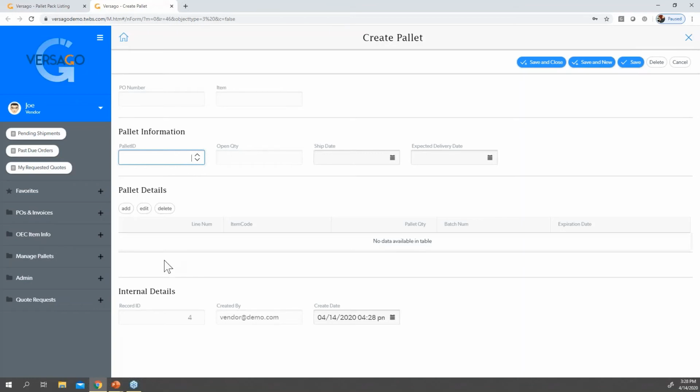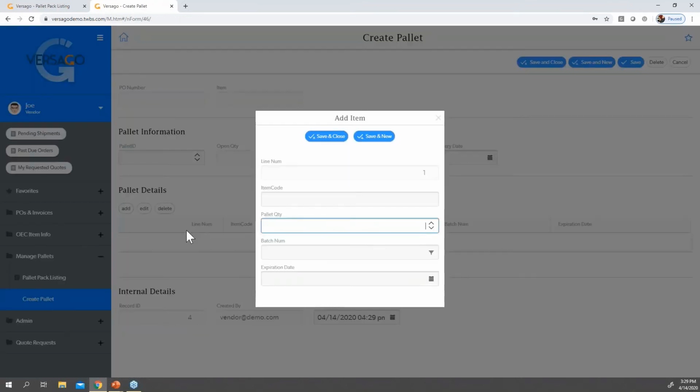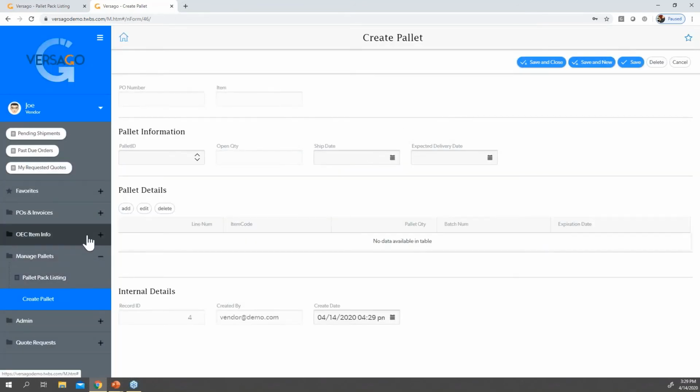And what this allows us to do is cross-dock these goods when we receive them, so we don't have to open up all of the boxes and validate what's in those boxes or on the pallets. So whether we tell them this is what we want packed on the pallet, and then we just need them to update the batch numbers and expiration dates, we can do that. Or in this example, they can go in and create the pallet, and add in the items that need to be palletized based off of the report that we give them.